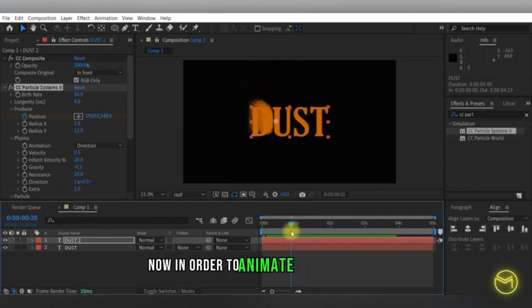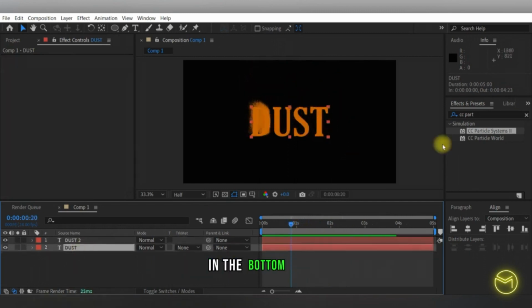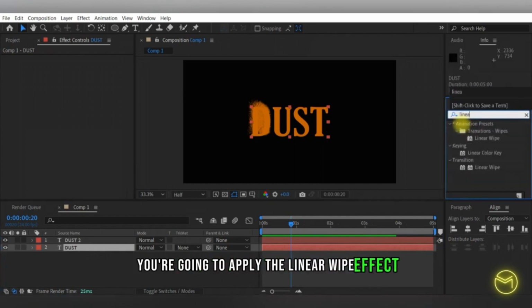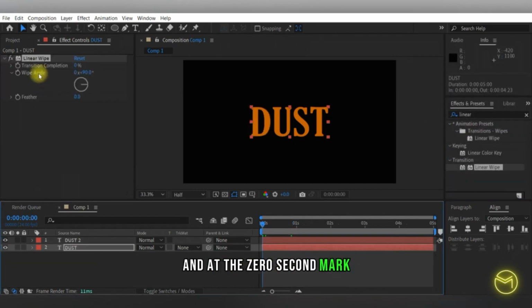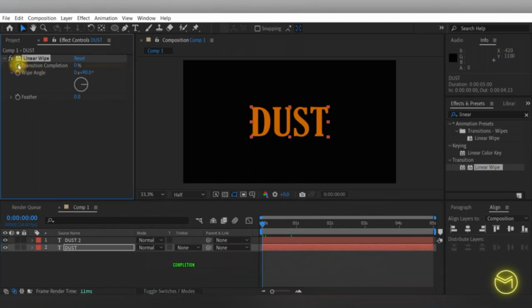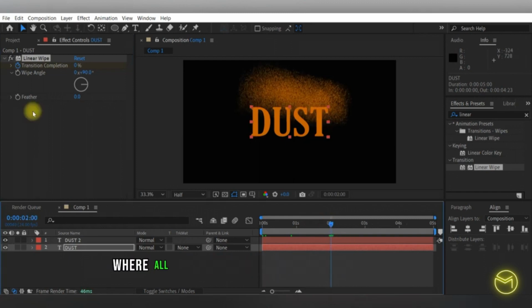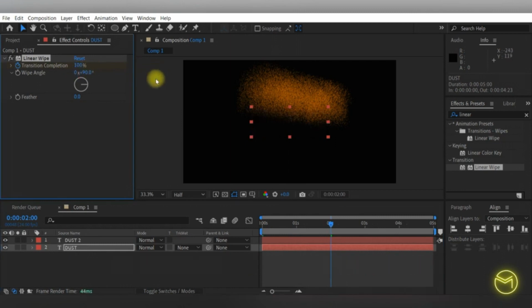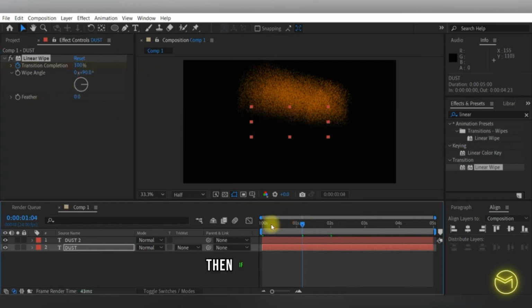Now in order to animate it with the text, in the bottom layer you're going to apply the linear wipe effect, and at the 0-second mark you're going to turn on the transition completion option and keep it at 0, and at the 2-second mark, where your text converts into dust, I'm going to increase the completion to around 100. Then if you play this,